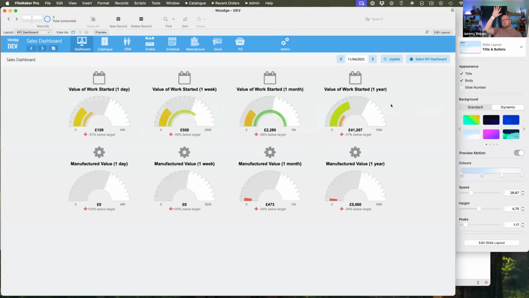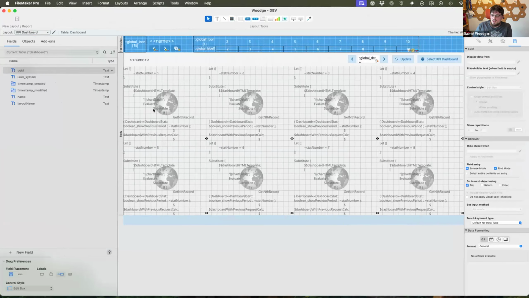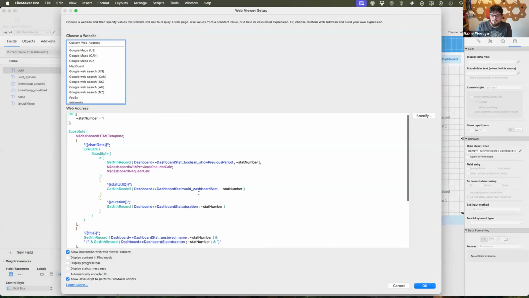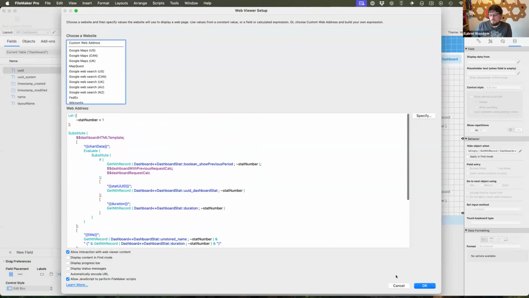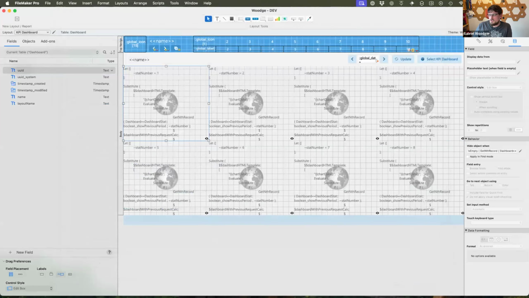Gabe, you're also doing a mix, right? As I recall, you have some self-loading widgets and some that load via script. Yeah, I do, and there's probably not a good reason for that. Probably just over the time at which I made it, I did it in a certain way. This layout here is actually eight web viewers that are each self-booting.